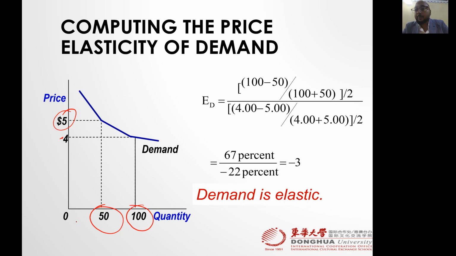If you apply the midpoint formula, the answer is 3. Right? And how are you going to explain it? If you put 3 by 1, just remember the formula is percentage change in quantity divided by percentage change in price. So if we increase price by 1%, the quantity demanded is going to decrease by 3%. Demand is